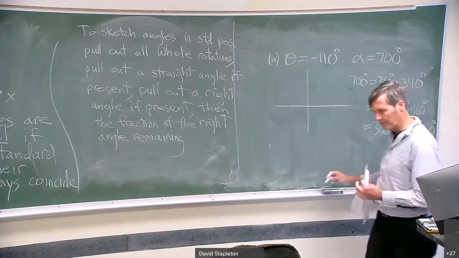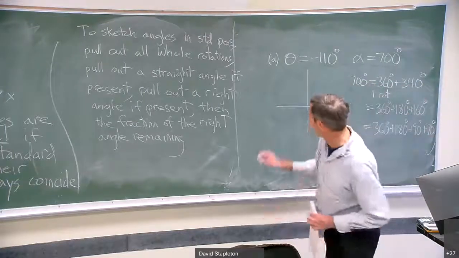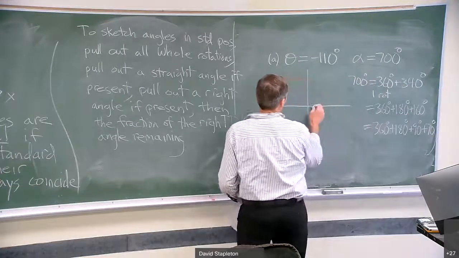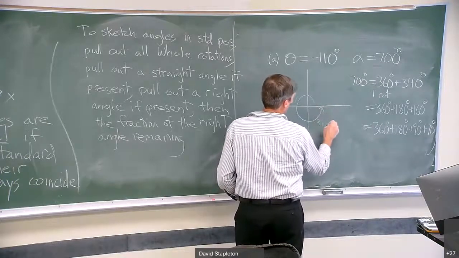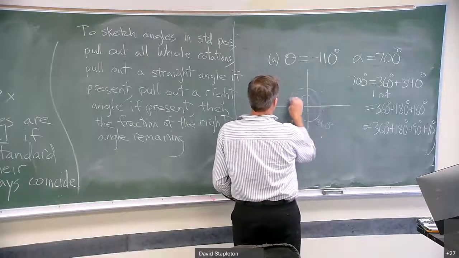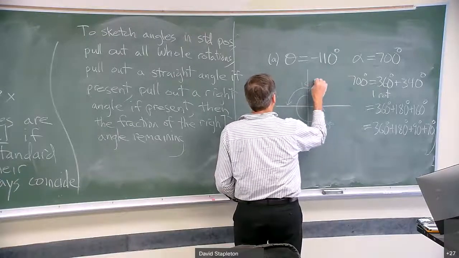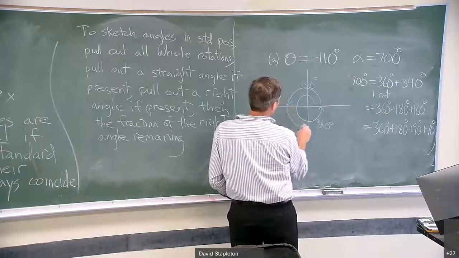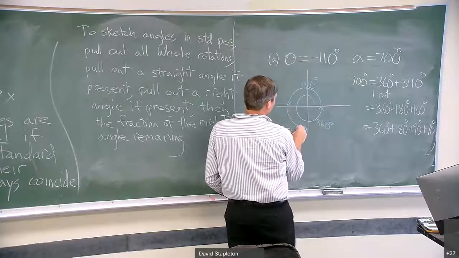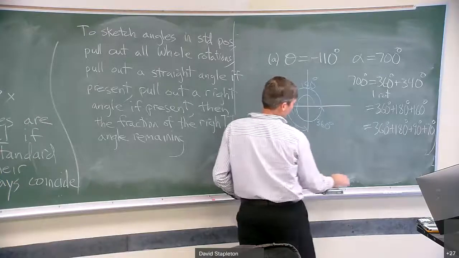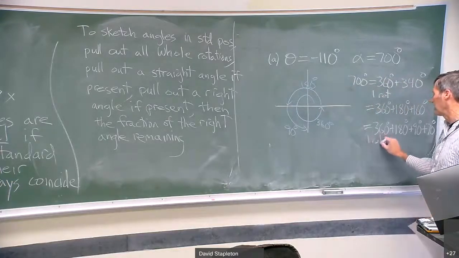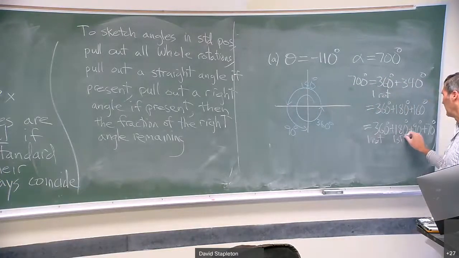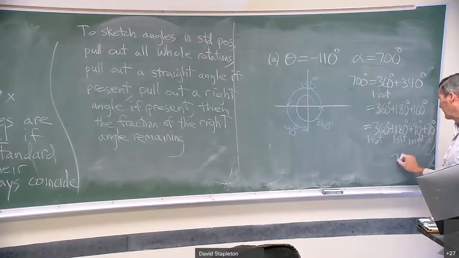I'll sketch the 360 degrees. Again, since it's a positive angle, I'll go counterclockwise. There's 360. Then I'll go to 180. Then I'll go to 90, right? 90 is a right angle. And then 70 degrees is 7/9. So this is one rotation in this case, one straight angle, one right angle, and then 70 degrees is 7/9